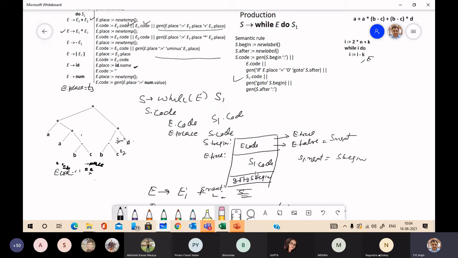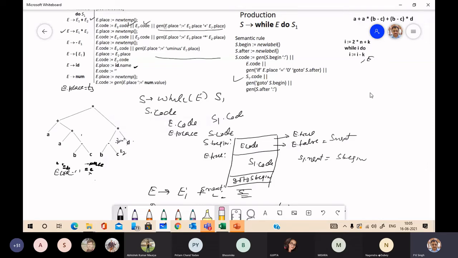So see, here we are going to convert first I equal to 2 into n plus k, then I into 2 plus n into k. For that, it will generate code like this.